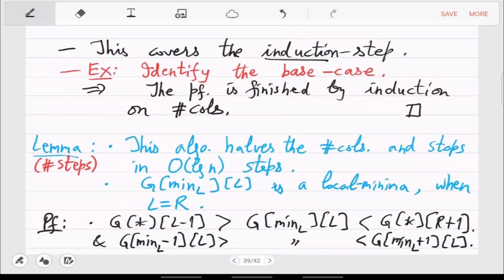So that's about the calls. Okay, so there will be log n many recursive calls, and you still have to see what time is invested in every call.